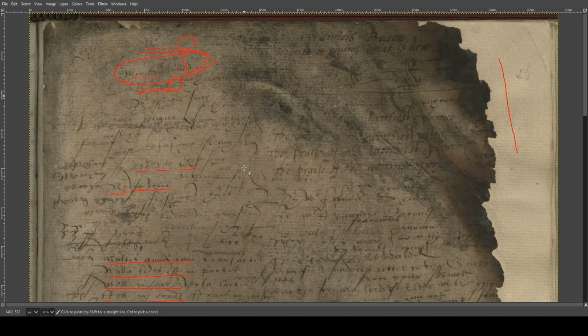This is a cover to a manuscript, and it's a table of contents. So up here, it's very hard to read. It says, this is Mr. Francis Bacon, tribute or giving what is due. Okay? This is the title of a series of essays. So he has, this is worthiest. You can read it here. The praise of the worthiest power. Okay? And there's 4 essays listed here, and those essays are included in the manuscript. So if you go to the next pages, you can read these essays, and this table of contents is also